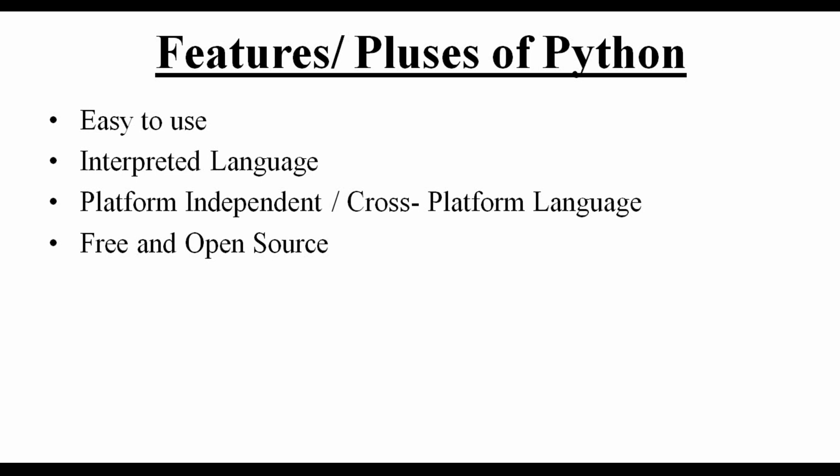Next point is free and open source. Free means this Python programming language is freely available, means you can just download and use this software. You can download this software directly from the website www.python.org without any cost. That's why it is called free. Now, open source means it provides source code also. Python is not only free, its source code is also available. In simple words, Python is free and it provides its source code. That is, it is open source also,